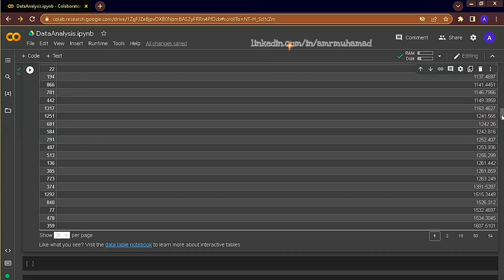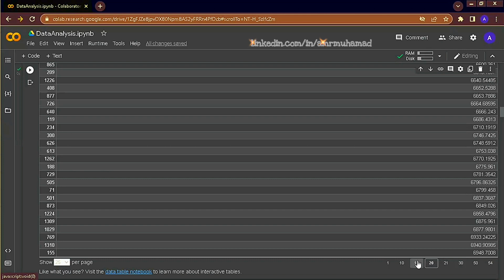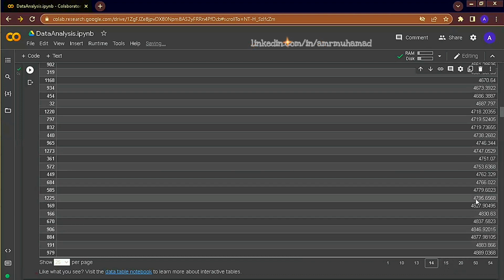Now if we sort by charges, 25% of the data lies below 4K. So as you can see here, when the data is sorted, we expect that 25% of the data is below 4K. So we go 10, 11, yeah.